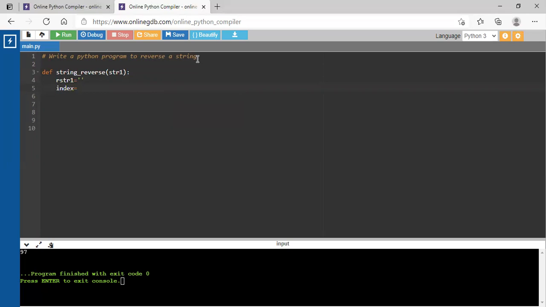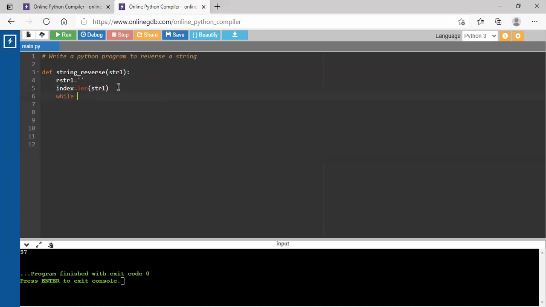Then I will find out the length of the string. I already told you that you have to find out the length of the string. So here, what is the string? That is str1. Whatever the string is here, you have to find out the length of that and put it into the variable index.